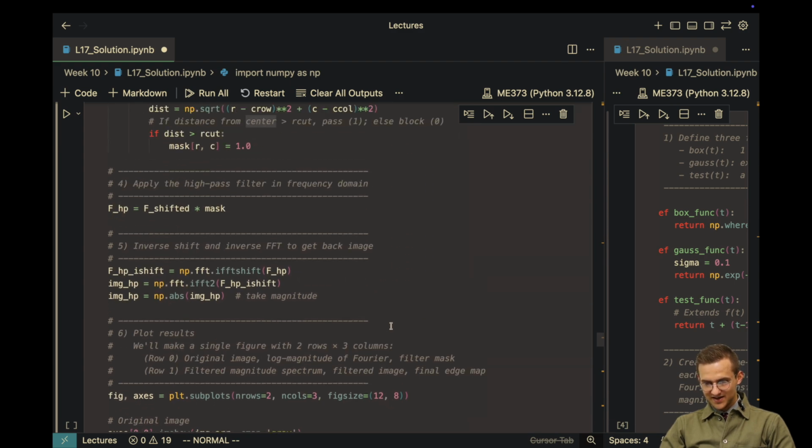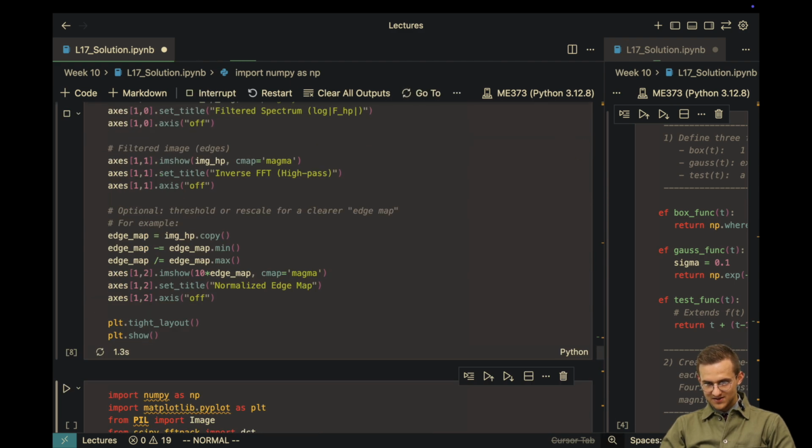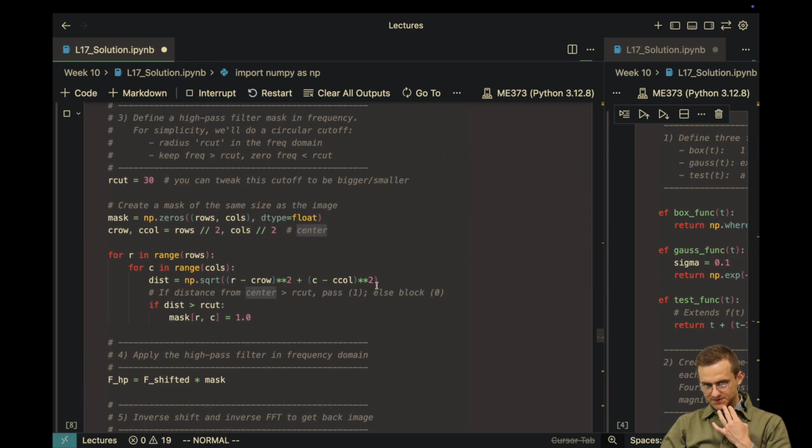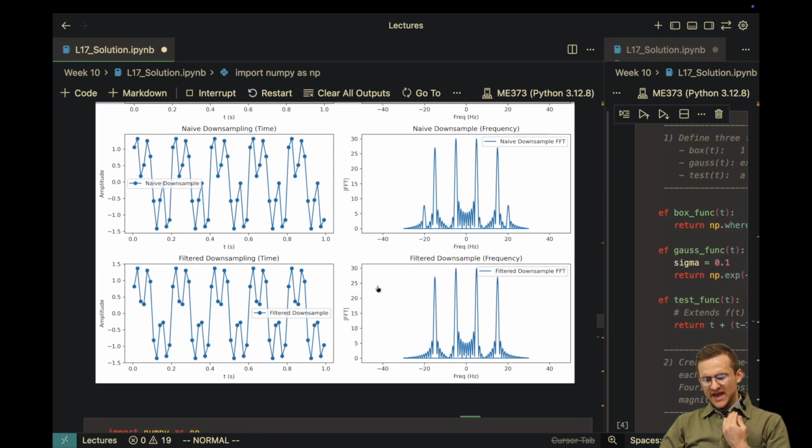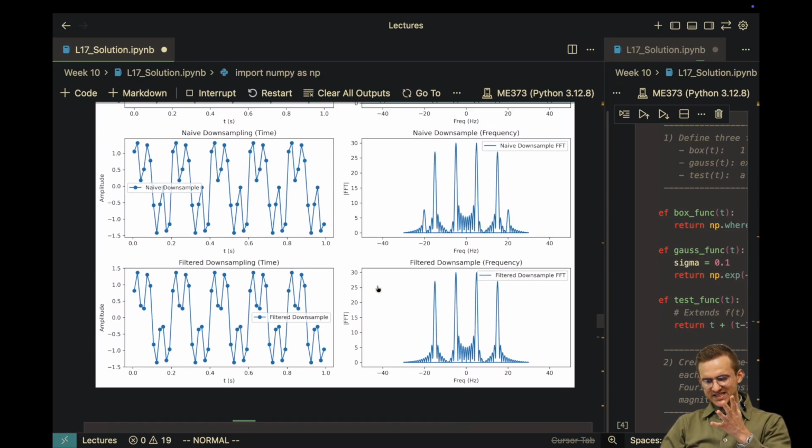Okay, so I think this is where I wanted to show you something. I think this cell actually takes a while to run. Should have run it while I was talking about the previous cell. But yeah, suffice it to say that